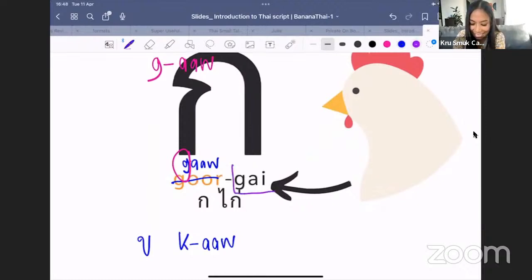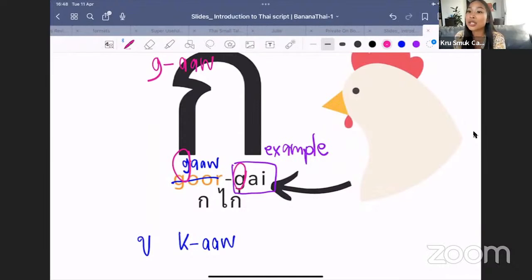ไก่ here is just an example word. Example word: ไก่ is chicken. Okay, ไก่ is chicken because ไก่ also has the g initial consonant sound. Okay, เข้าใจไหมคะ You got it. ก็ใช่ค่ะ And then you might ask me, Michael, check. Yes, please เข้าใจนะคะ